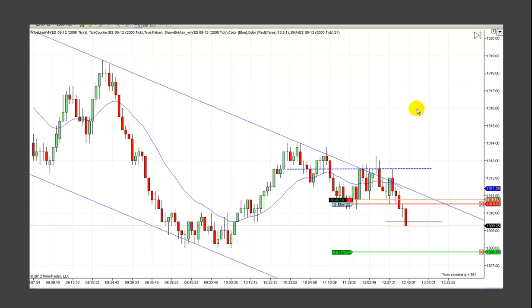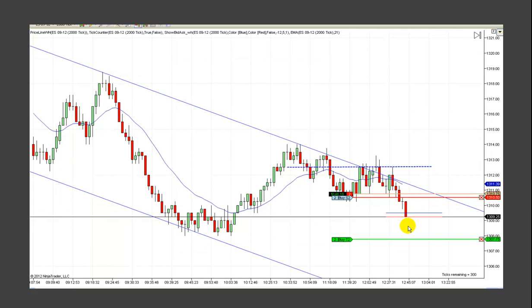And the only reason I entered on this one where I did was because we were at the trend line and we had a trap, and so it made it a little bit different entering here. If this was at a low point, there's no way I'd be going short. If all that congestion was down there at the previous low, no way I would have gone short there. But because the congestion was happening at a high point,